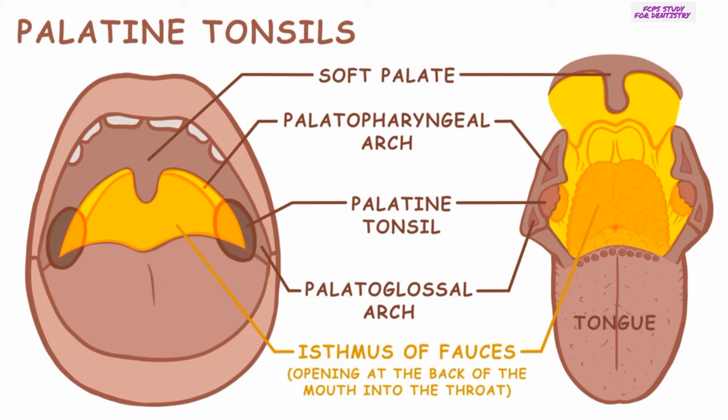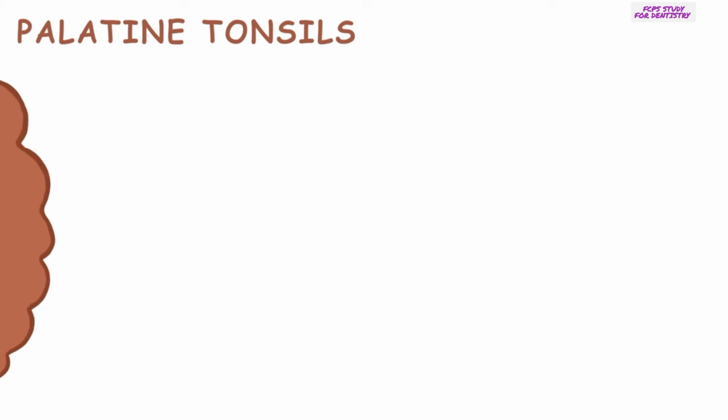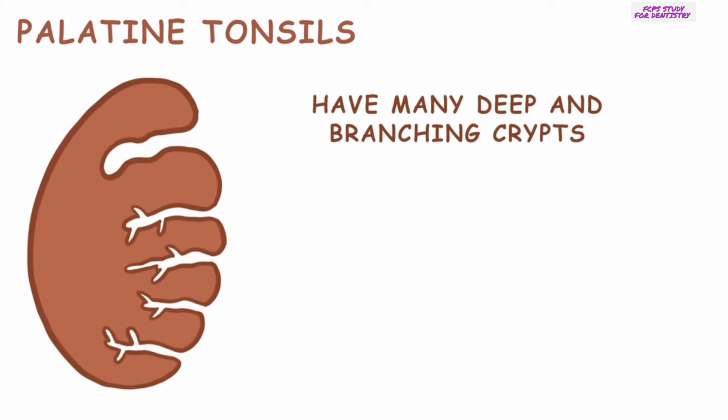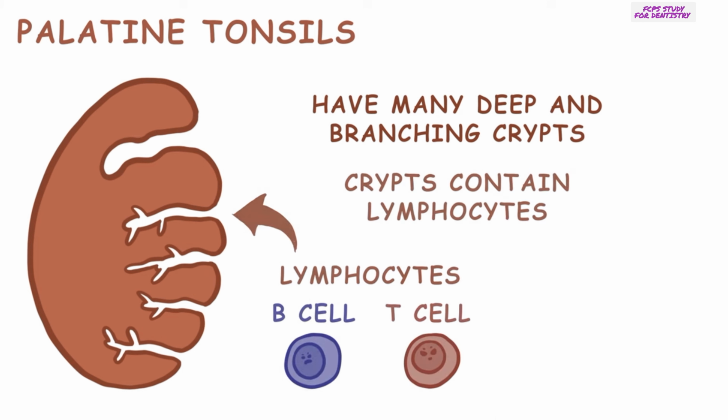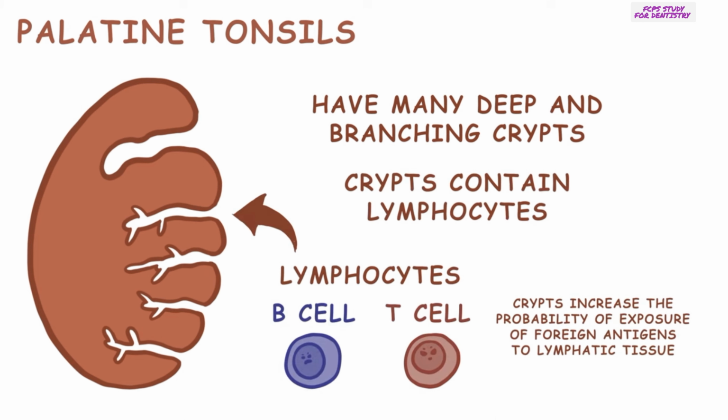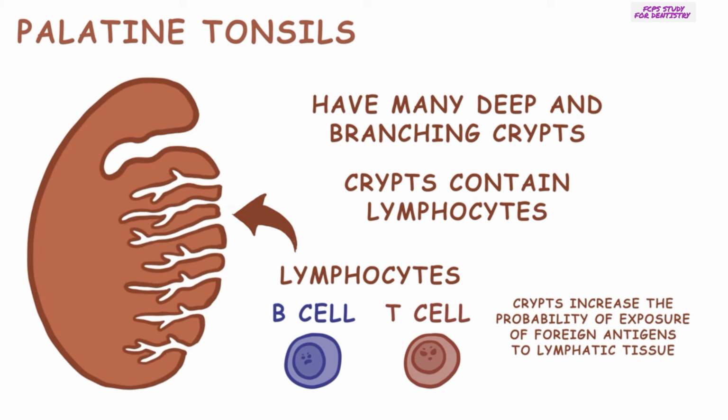inferiorly. The palatine tonsils have many deep and branching crypts, which contain lymphocytes. These crypts increase the probability of exposure of foreign antigens to the crypt's lymphatic tissue. Interestingly, your tonsils can change and become more cryptic in your late teens and early 20s, and they shrink as